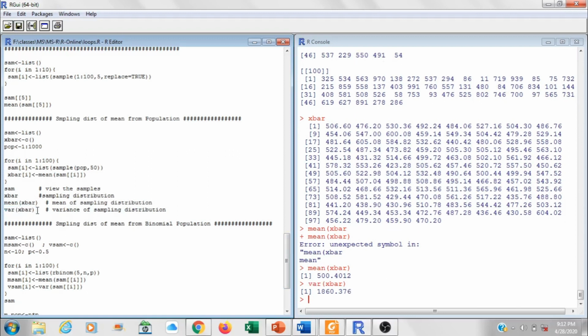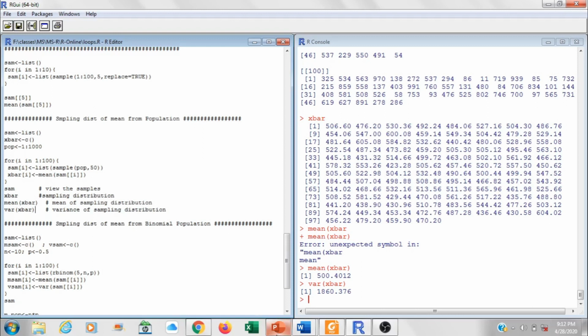So this is the mean and the variance of the sample mean. That's how you can use lists to save the sample vectors, then make the sampling distributions, find the mean and variance of the sampling distributions, and do certain verifications.